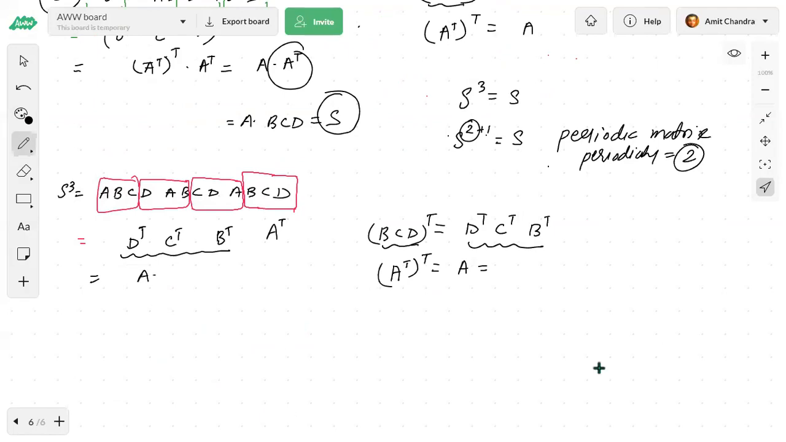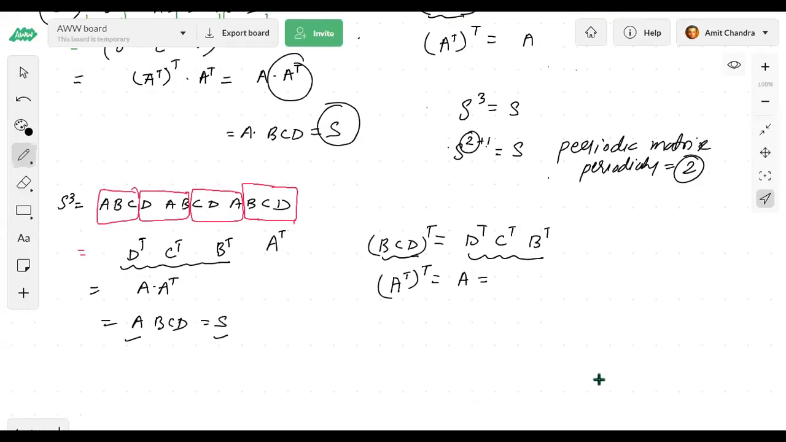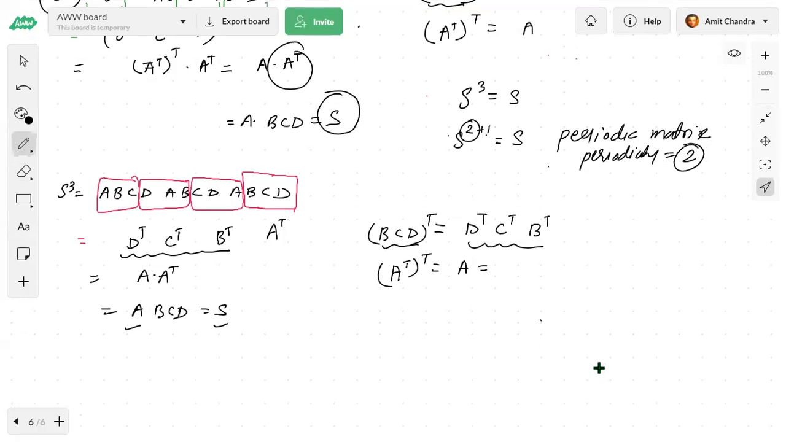So this is A into A transpose. What is the value of A transpose? A transpose is B, C, D. So A, B, C, D. So this is S or A. Both are correct answers. Understood? Fine. Okay, before proceeding to the next problem,